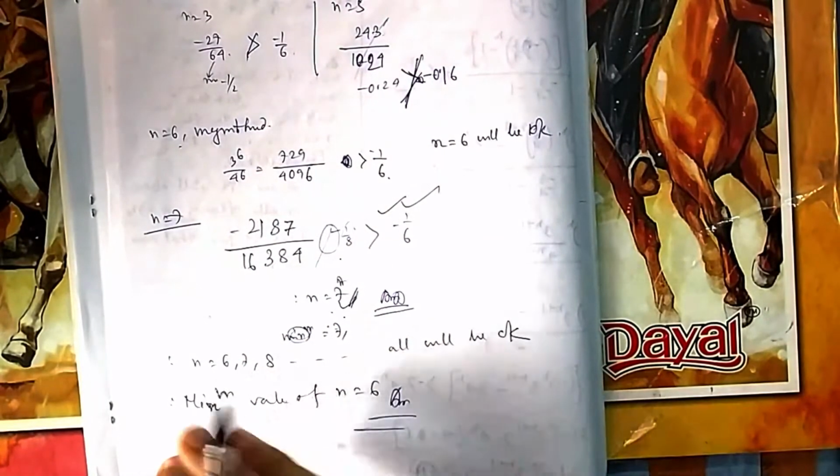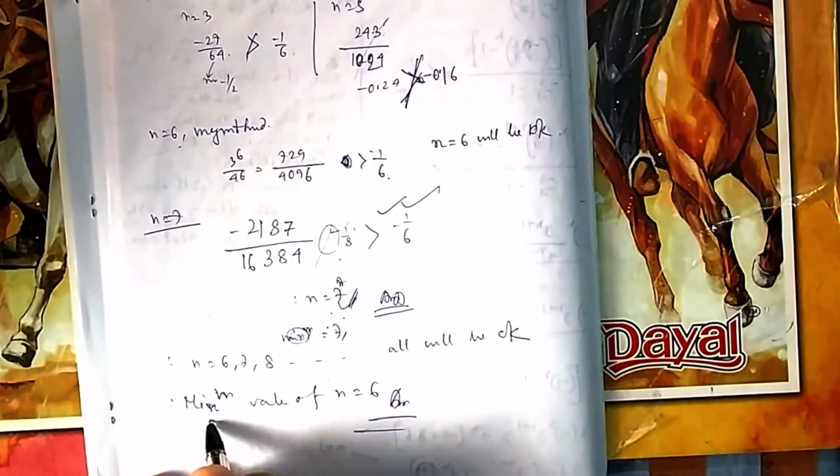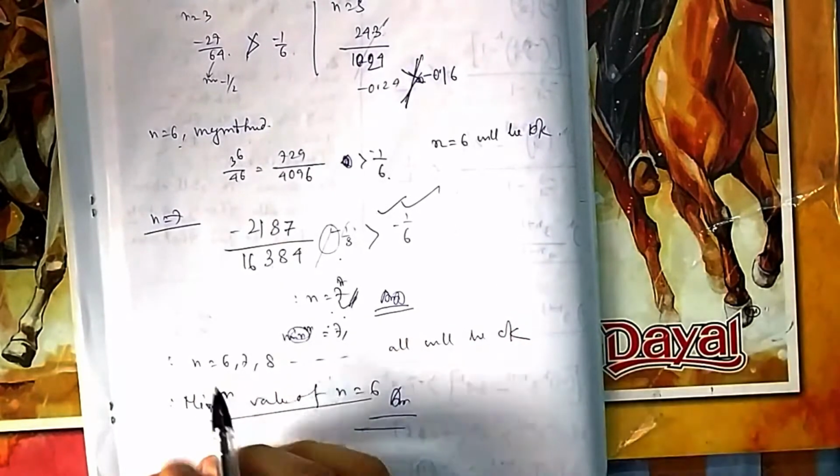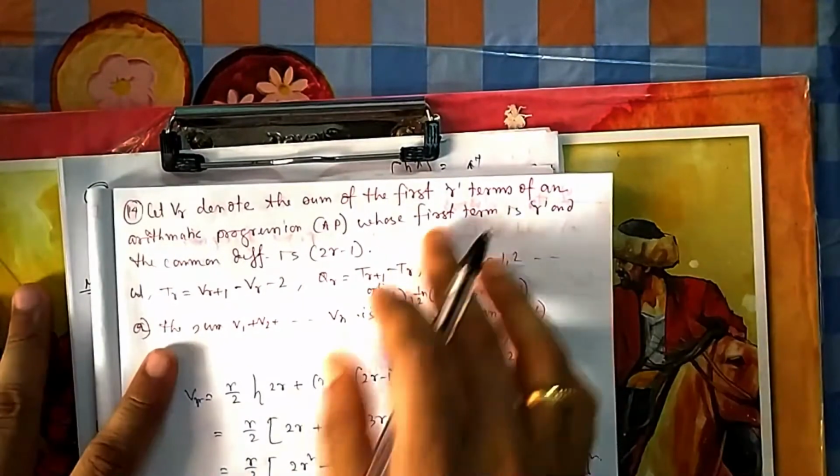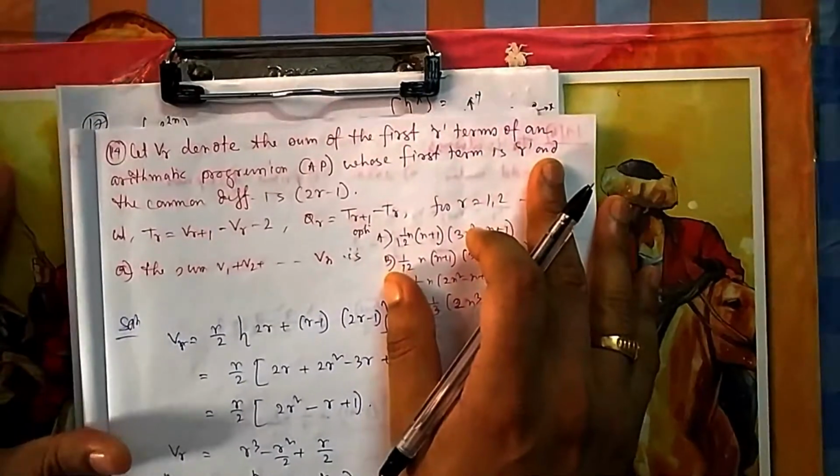So it will start from n equal to 6 that it is satisfying. So what is the minimum value of n after which it is always satisfying? 6. Now if you come to 14, let VR denote the sum of first R terms of an arithmetic progression